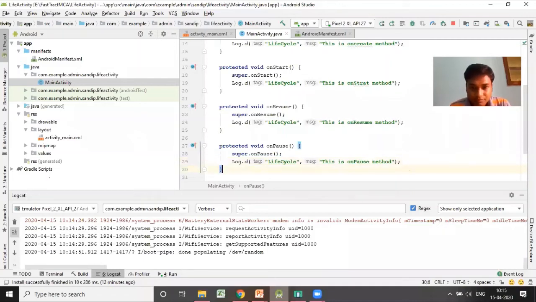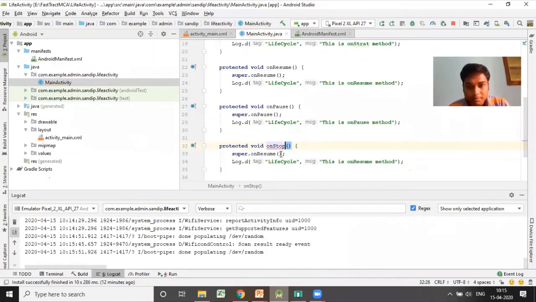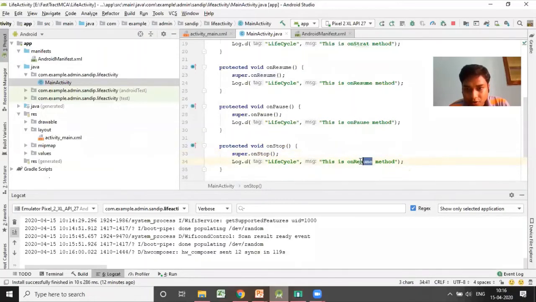Similarly, on stop. Everyone just follow the on stop method, and this is the on stop.